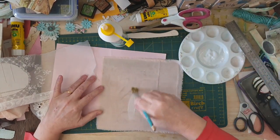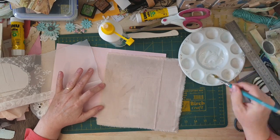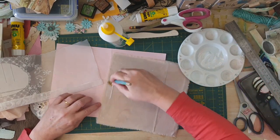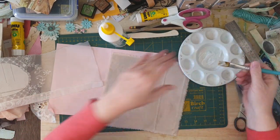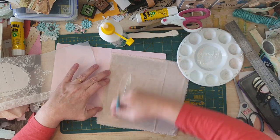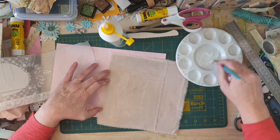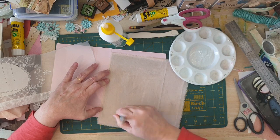And the beauty of PVA glue as well, it dries clear, which is what we need for this. If you did this with craft glue, I think you'd see all the bubbles and all that kind of stuff. Whereas yes, it is wet to begin with, but over time it dries. Ideally, you'd probably let this dry to begin with and then put some more glue over the top, but as I'm doing it on the camera,